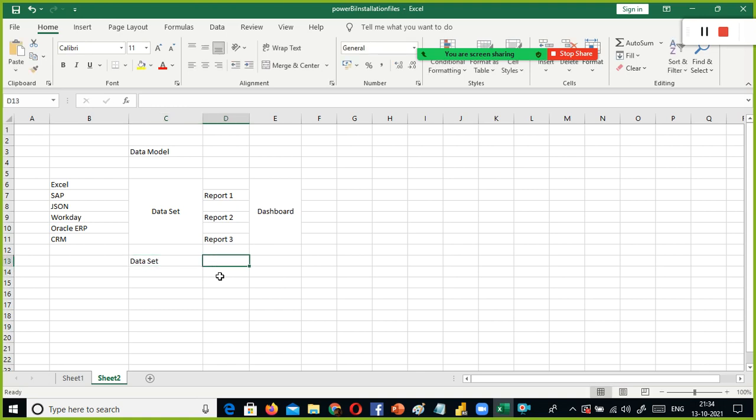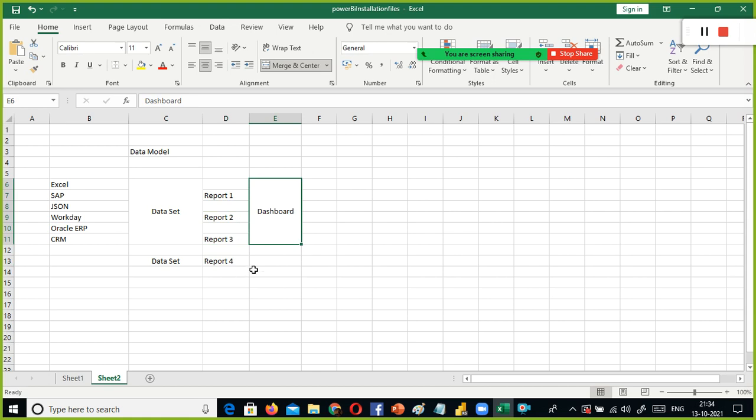In the interview, they will give you this kind of scenario. You should be able to answer it correctly, because these kinds of questions are screening questions. With this they will understand whether you really worked in real time or not. So with this data set, this data model, you create another report. Now the question is, can I combine report 4 with report 3 and report 1 to create a new dashboard?